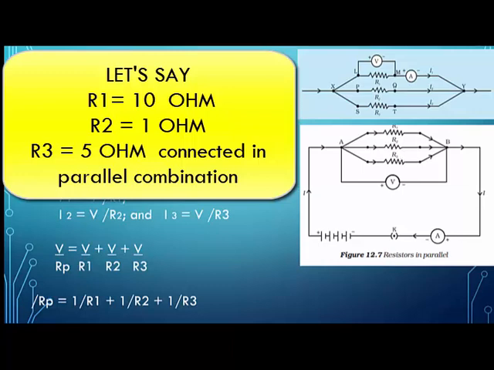So now understand the story. When the current starts flowing from this positive terminal, current reaches this point. Now the current will stand and think, from which path should I go? Should I pass through R1? Should I pass through R2? Or should I pass through R3? More current is going to flow through the resistance which is the least one. Because the current wants to take the path which has the least resistance. The current is very smart.